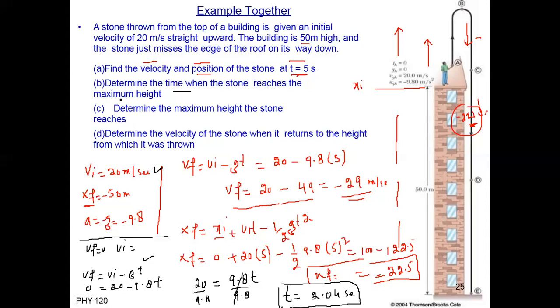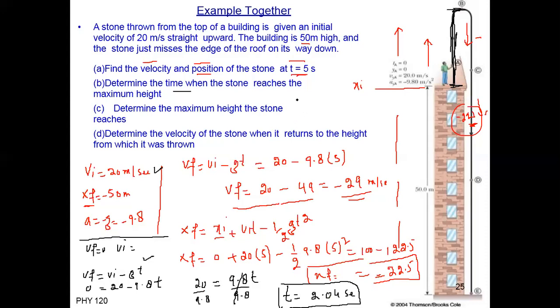Next one, C option. What is C given? Determine the maximum height. So we don't know the height, this distance, the maximum height reached by this body. So how can you find it? We can find height with the help of the distance formula, with the help of the second equation.